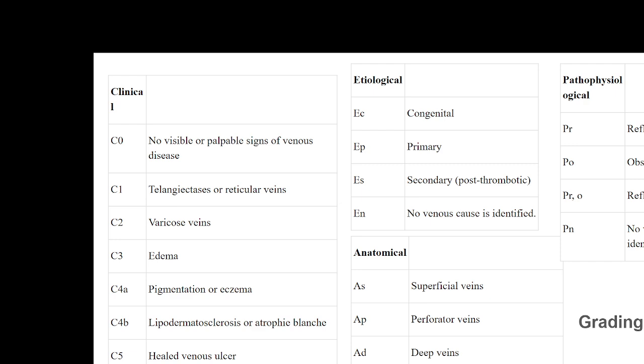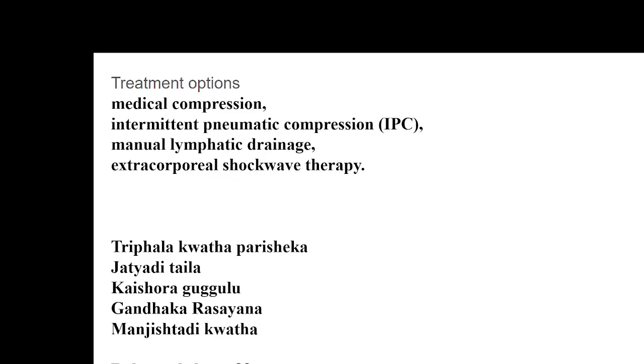you may name it as EC to EN. Anatomically, where there is a superficial vein, perforator vein or deep vein, depending upon that you may use the nomenclature AS to AN. And pathophysiologically, if there is a reflux, or an obstruction, or obstruction as well as reflux together, or no venous pathophysiology identifiable. So these would be the grading of ulcers by which you can predict the intensity. This is a standard protocol of reading venous ulcers, which is not regularly followed, but in research articles to follow up the patient, this could be one of the tools.